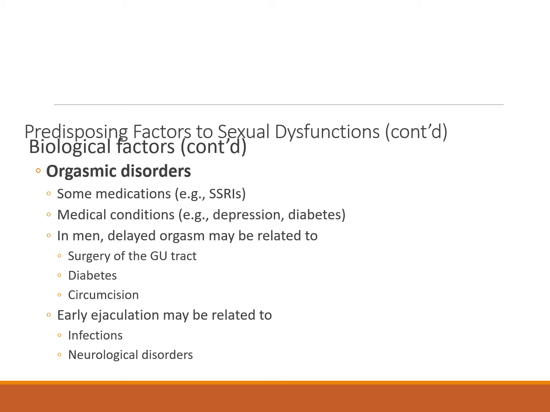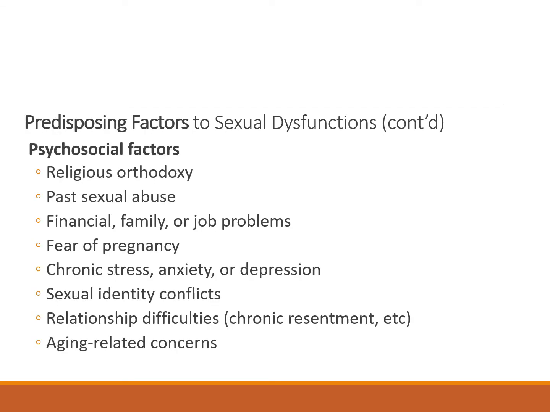All right, and then we have early ejaculation. It can be infections, it can be some neurological disorders, psychosocial factors, having come from a religion that causes you to feel very guilty about your sexual thoughts and feelings, any kind of negative sexual experiences, past sexual abuse, and then just the regular problems of life, financial problems, family, job problems, fear of pregnancy, especially if you're from a culture that discourages you from using birth control, chronic stress, anxiety, or depression, not really knowing who you are sexually, so having a sexual identity conflict or a gender identity conflict,